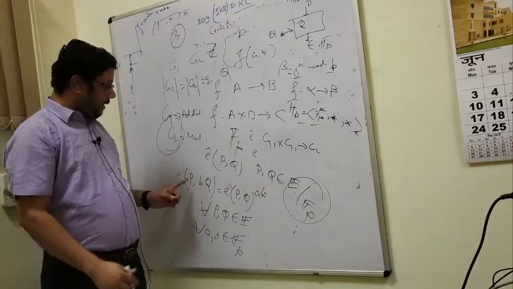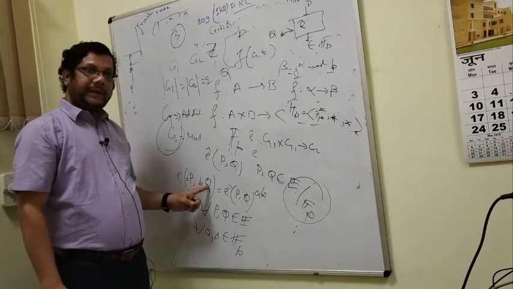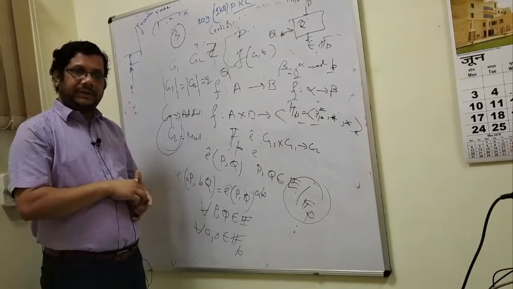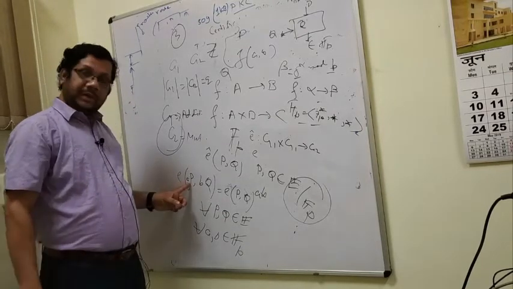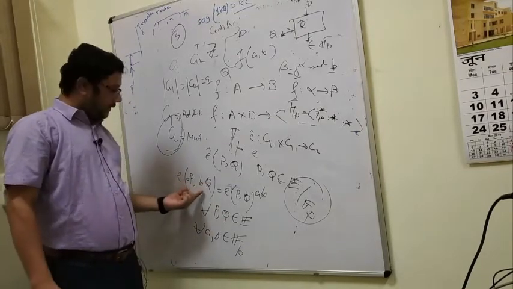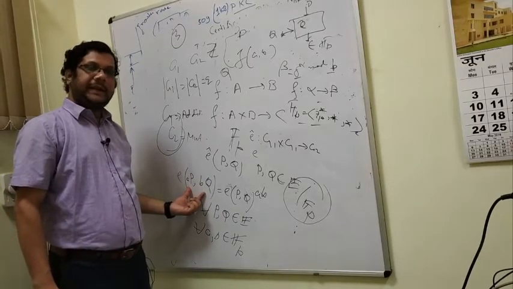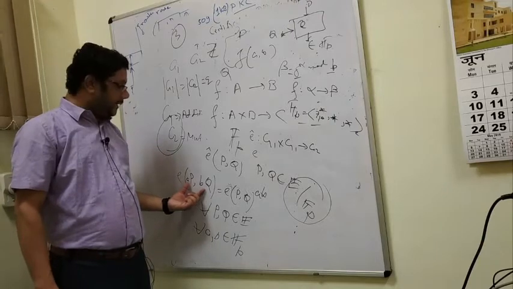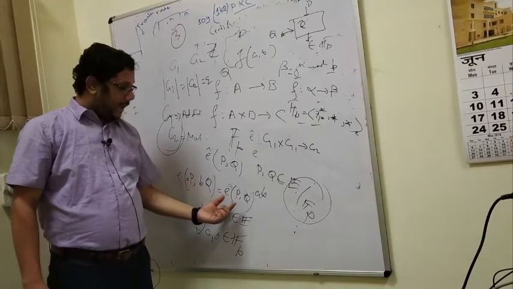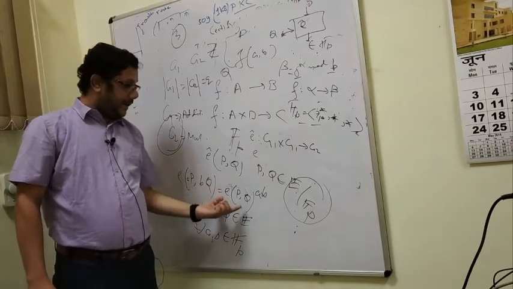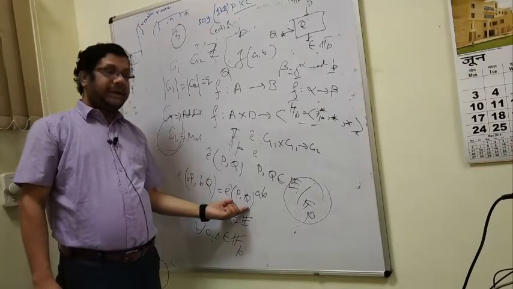Meaning P is a point, Q is a point, A and B are scalars, 1 to P minus 1, any integer. So AP is a point, BQ is a point. Of course this function can take these two as the input because it can take any 2 points. Now if it takes AP, BQ, whatever will be the output, left hand side.